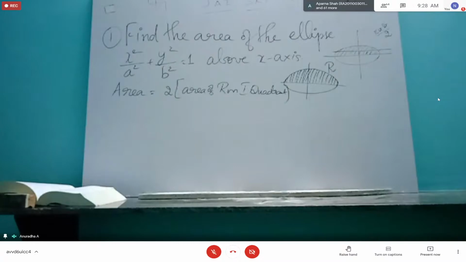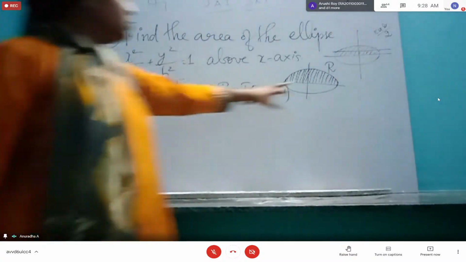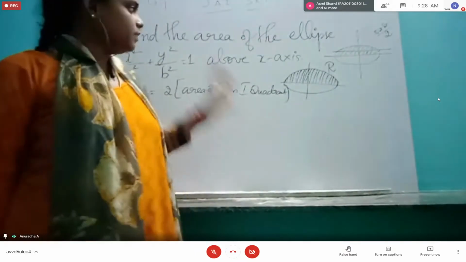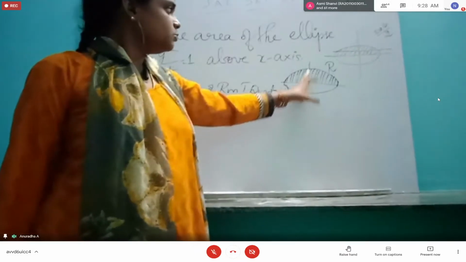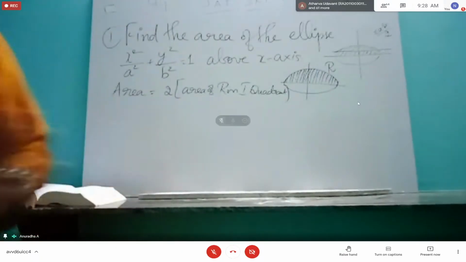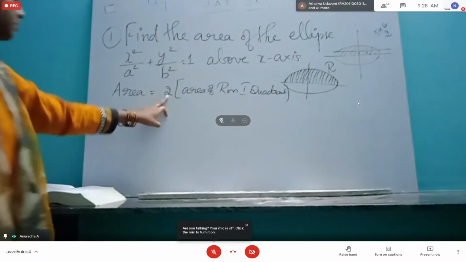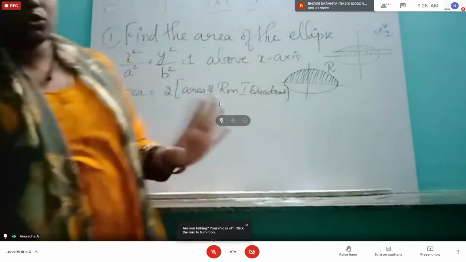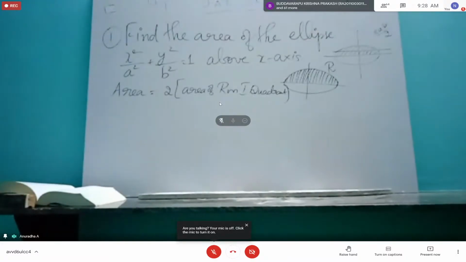If only the entire area is asked, then find the answer for the first quadrant alone and multiply by 4. Why we are doing that is so we can have only positive limits. It's easier for computation, that's all. There is no rule that you must do this step. We can start the limits from negative to positive also, no issues. We do this only so that we have positive limits and computationally will not make any plus-minus errors.